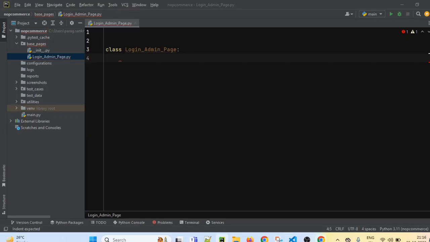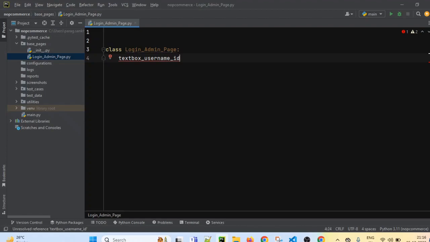Let's go back to PyCharm. I have to write one variable for the input field. I'm using text box underscore username, and which locator type are we using? We are using ID. So I'm naming it text box underscore username underscore ID, so we can easily identify it while creating the framework.